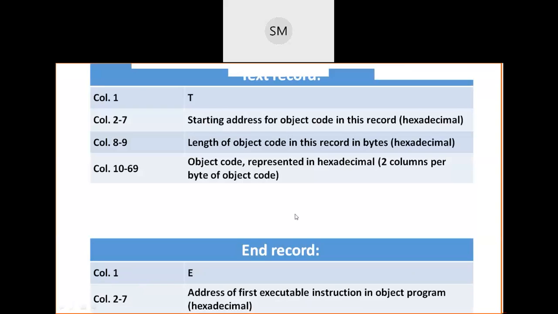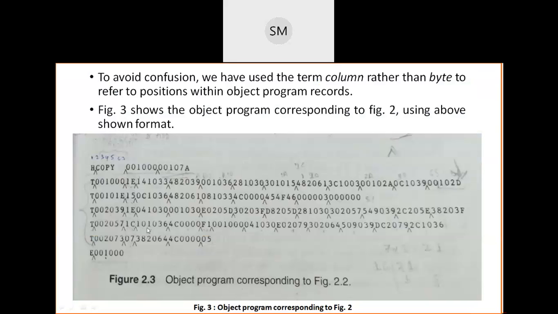Then you will go to the next record. Again, you will start from 1036 like this, and here one hexadecimal constant will come for the input device. That is only 1 byte of hexadecimal constant. Please take care of these things, because every object code is not 3 bytes only.